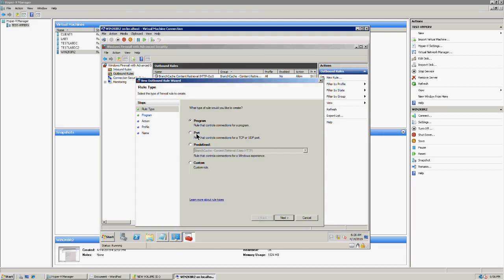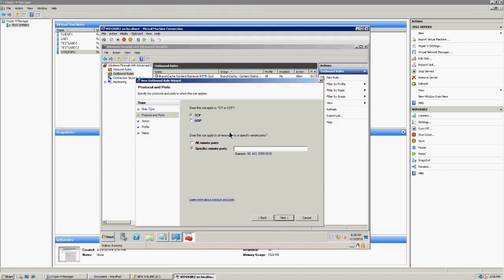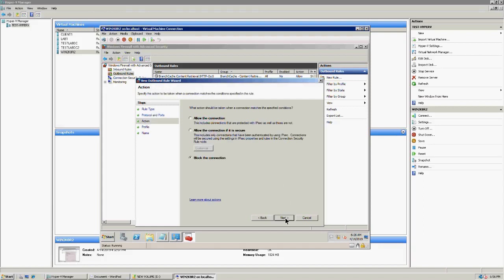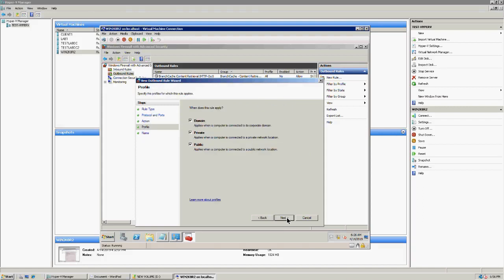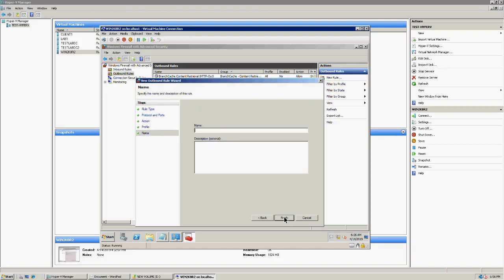You can select the port option. TCP is already selected, so you have to put port 7000 here. Click on next. You have to click on allow this connection, and it is allowed for domain, private and public, all the networks. Yes. You have to put a name for this rule,